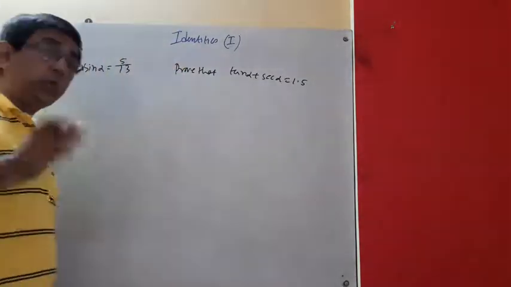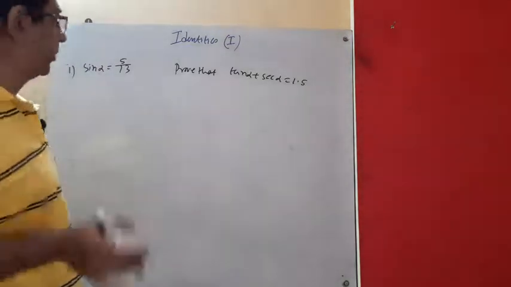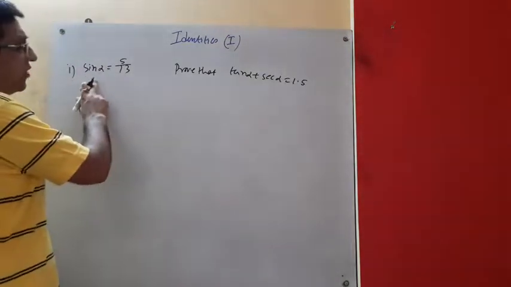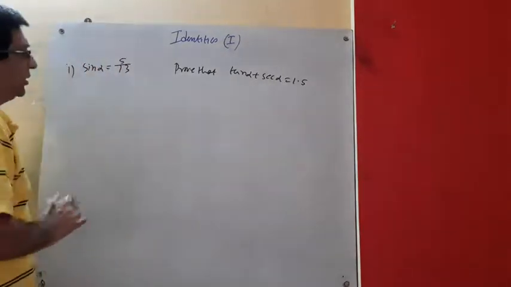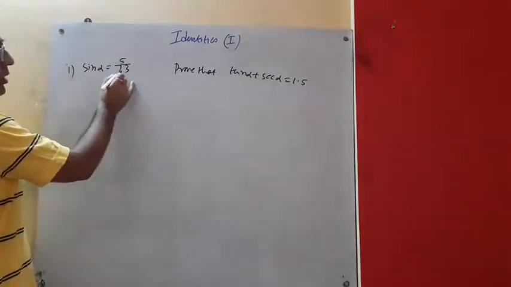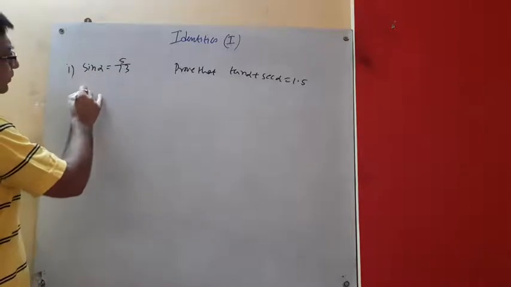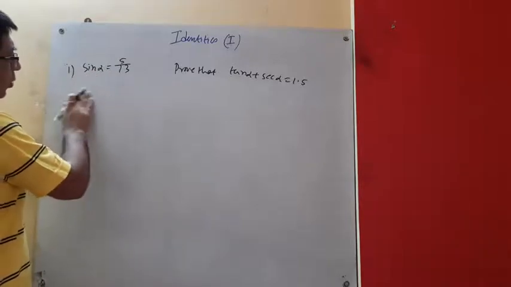But by using the formula we can do it in another way. Say sin alpha is given, what do you need? Tan alpha and sec alpha you need, right? So if sin alpha is given, you can find cos alpha. We know